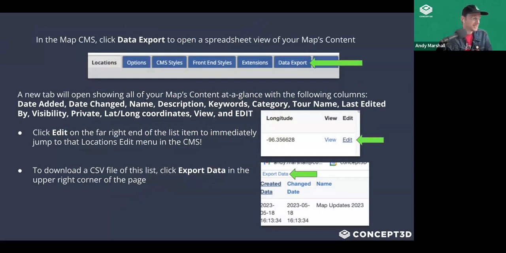You'll be able to see things like date added, date changed, name, description, any keywords that are added, and things like who edited it last, the visibility and privacy options, the latitude and longitude coordinates, and most importantly, view and edit. Now, this view button here will just take you to that location in the front end CMS. However, if you click this edit button, that's going to take you to the edit menu for that location in your CMS that you can edit it directly from that list. Every listed location on this list has an edit button,